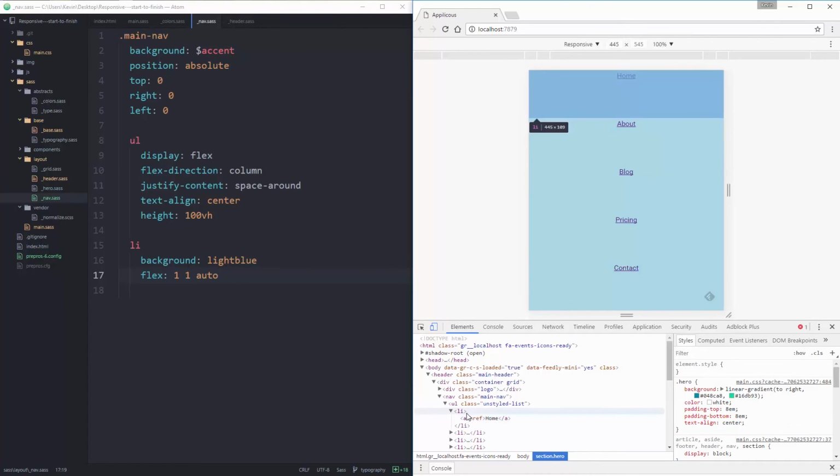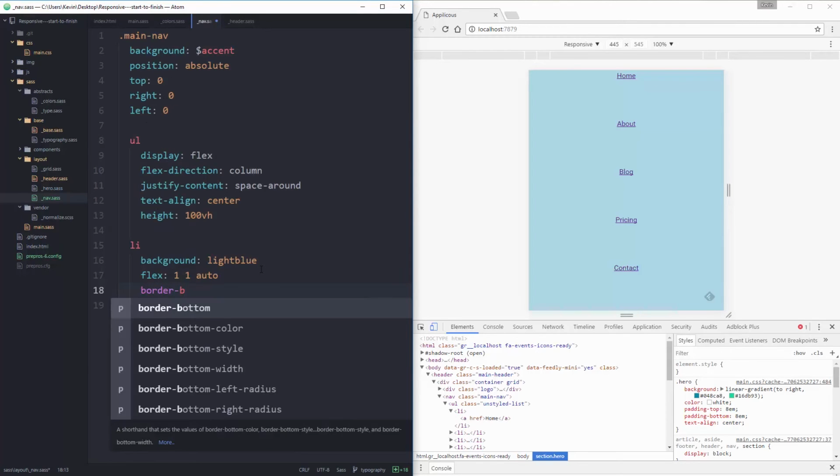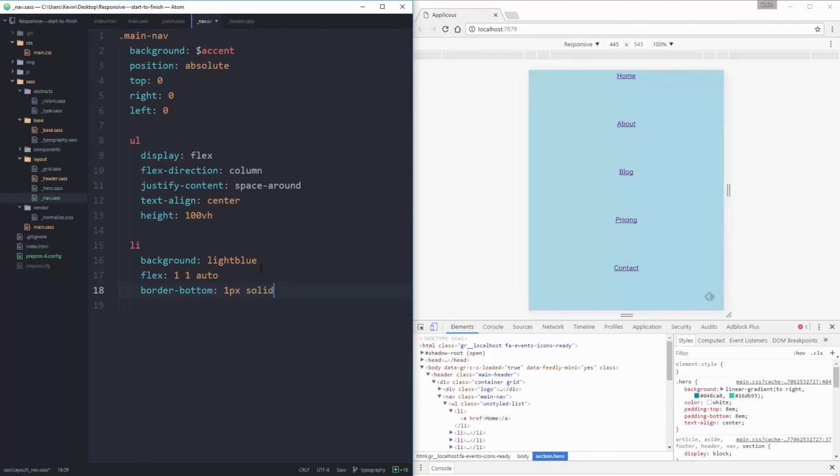So that's good, except I don't want the A aligned to the top. I want the A aligned to the middle. One thing we'll add onto here, just so we can see really the whole space, and I'm going to change the colors of all of this. Let's add in my border-bottom, 1 pixel solid, and I'm going to go with